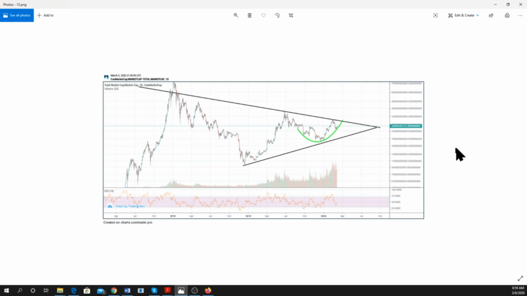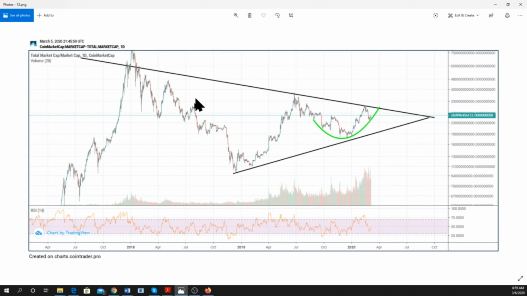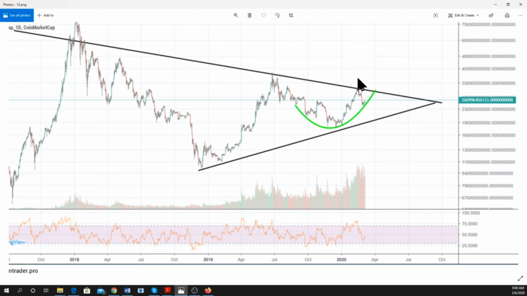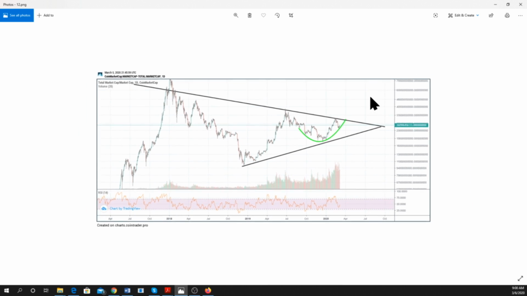Now looking at the total market cap of the crypto including Bitcoin, yes, when we include Bitcoin, the chart looks like Bitcoin. Anyway, looking at that, you can see a rounded bottom and we are pointing to the upside. If you zoom in, we can see that we are moving to the upside. We are making all the positive signs of a bull market there. See the bull rally in a bearish pattern turning into a bull market from here. Think about that. It may start here and end up after 1 year, 2 years, giving you an enormous return on your investment.